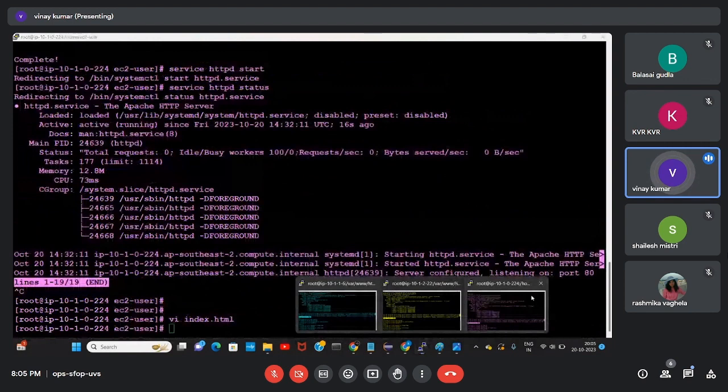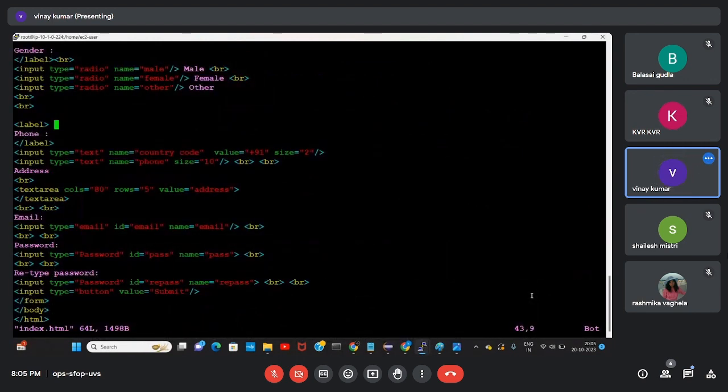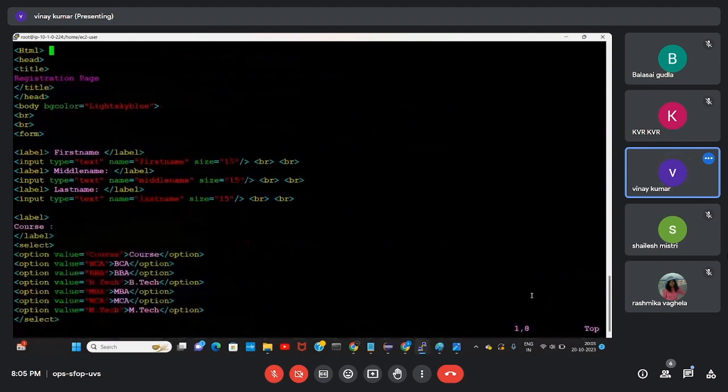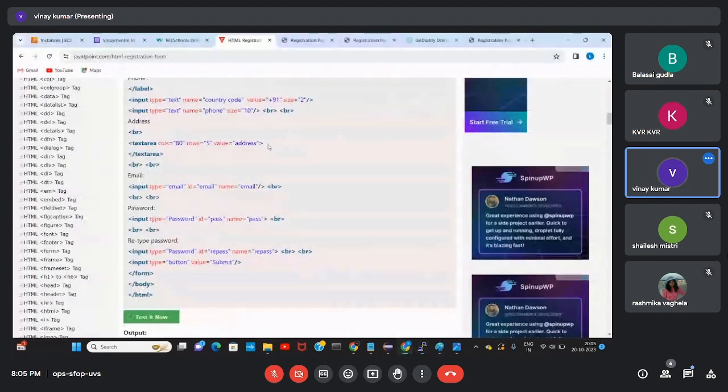Similarly, in the other server, I'll do like this. Agent 3 marker. Now, I will do these things.